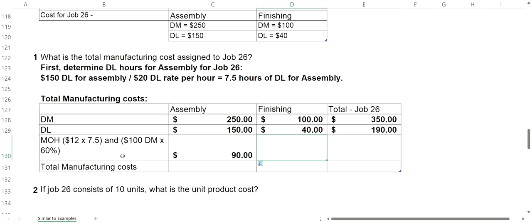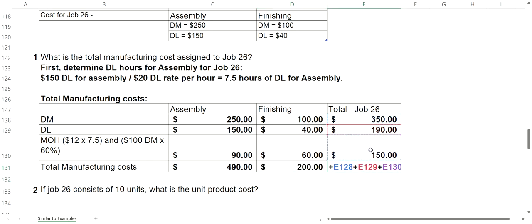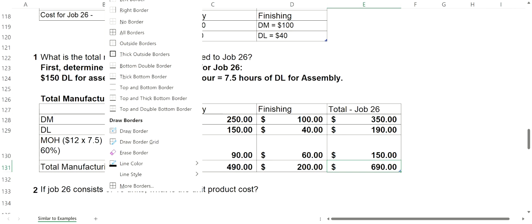Remember, for the finishing department, it's 60% of the direct material cost. The direct material cost for finishing is $100. $100 times 60% means that we will apply $60 of manufacturing overhead to finishing. 90 plus 60 means a total of $150 of manufacturing overhead is being applied. I will add vertically the material, labor, and overhead applied for assembly and for finishing. And I can go vertically or horizontally and come up with the total cost is